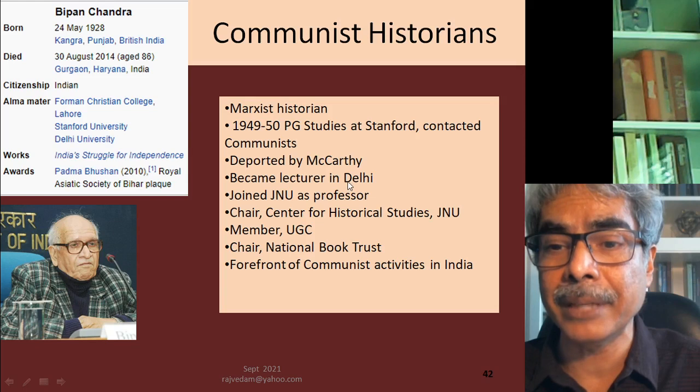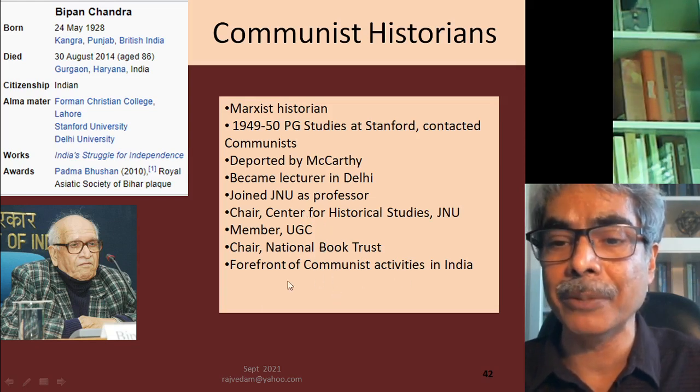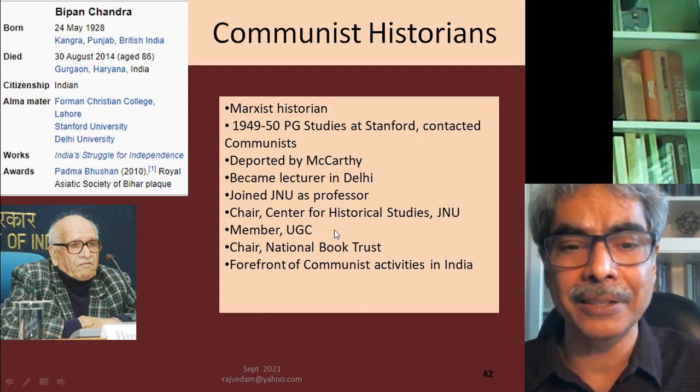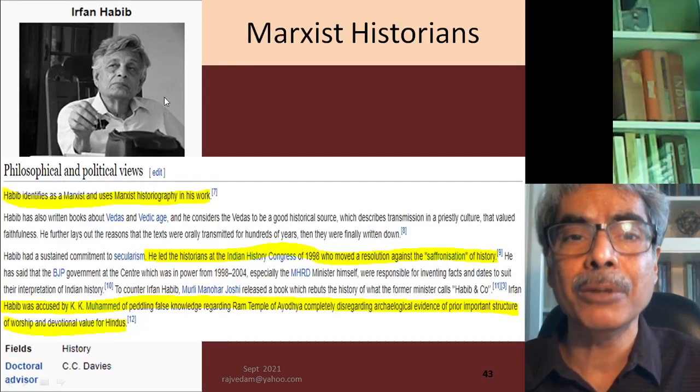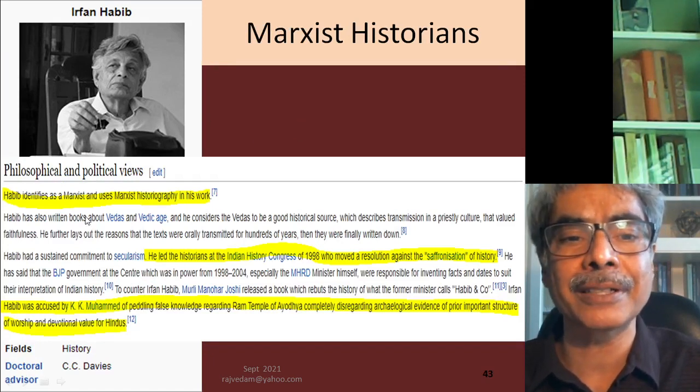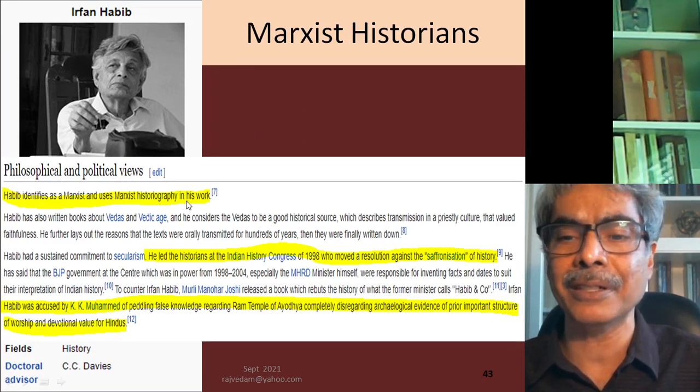Came back to India, became a lecturer in Delhi, became a professor, and he was at the forefront of communist activities in India, controlling the National Book Trust and other such places. And one more person, Irfan Habib, another Marxist historian who identifies as a Marxist, uses Marxist historiography in his work, and